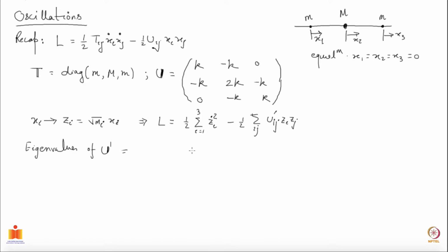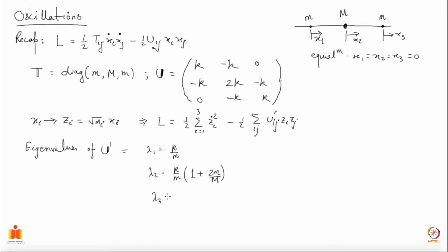Okay, and we found that it has 3 eigenvalues, which we expect because our equation was cubic, and the eigenvalues are the following. Lambda 1 is k over m, lambda 2 is k over m times 1 plus 2m, the entire thing divided by capital M, and lambda 3